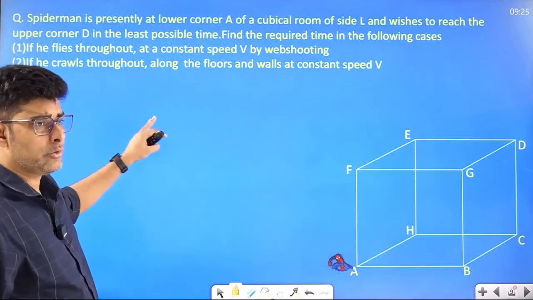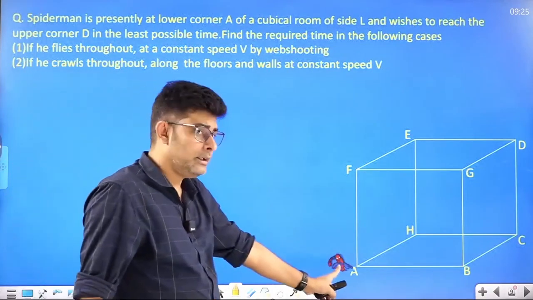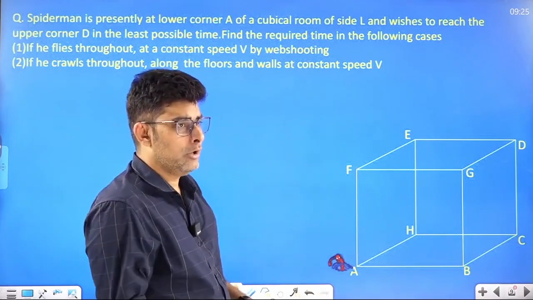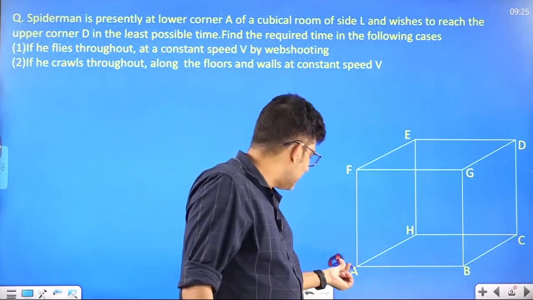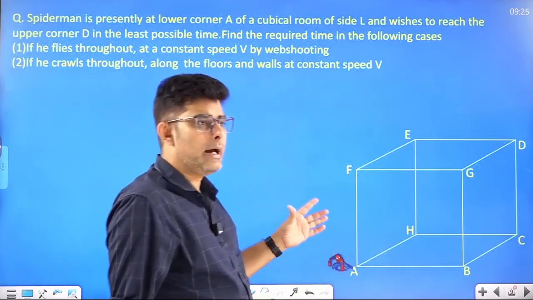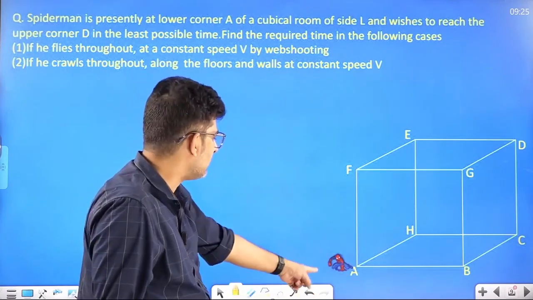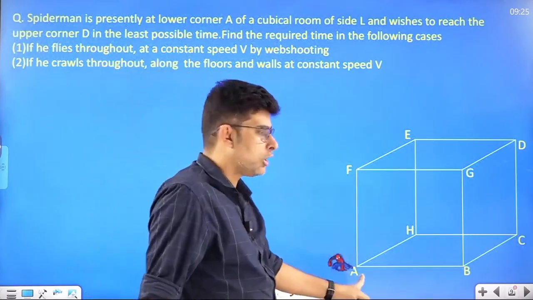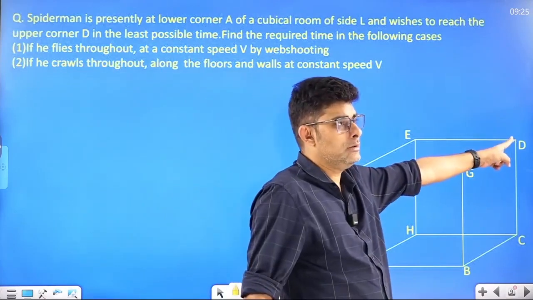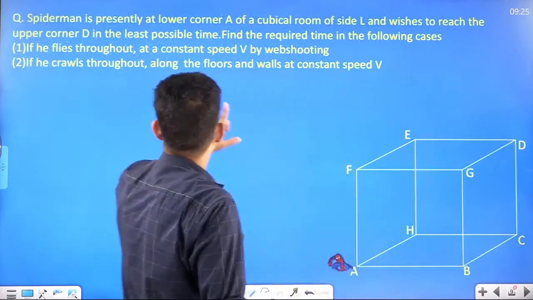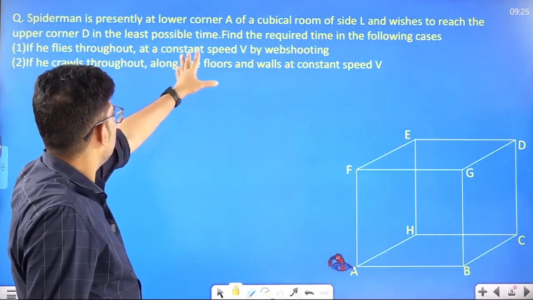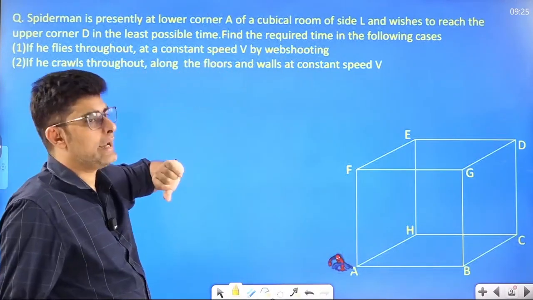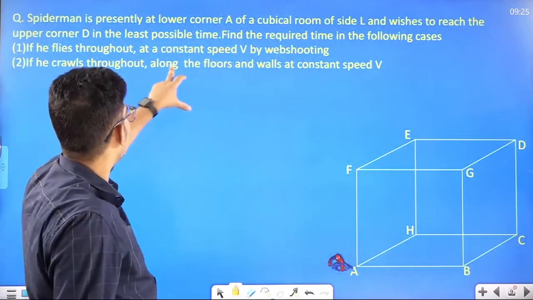Now in this particular question, Spider-Man, you can see he is at point A of a cubicle room. So in the cubicle room, at point A he is sitting and he is deciding that he has to go from point A to point D. So from point A, which is the bottom corner, he has to go to the up corner, point D. Now they are saying that he should go there in the least possible time and he can maintain a constant